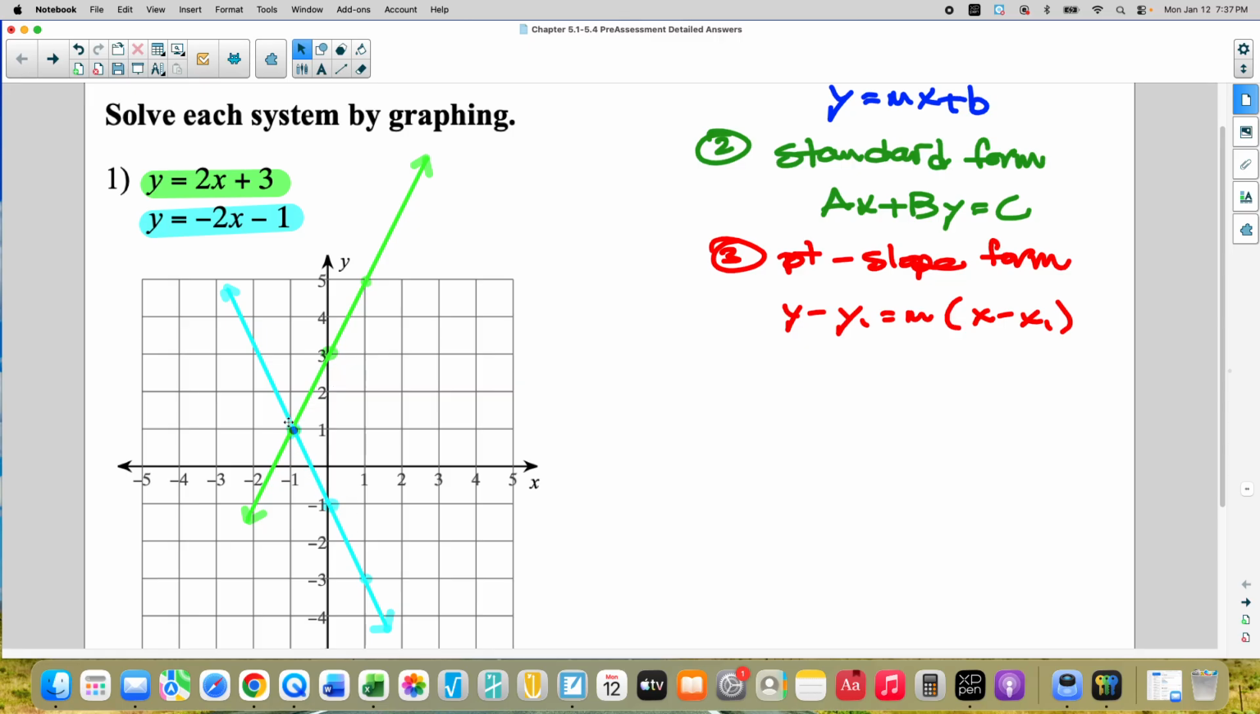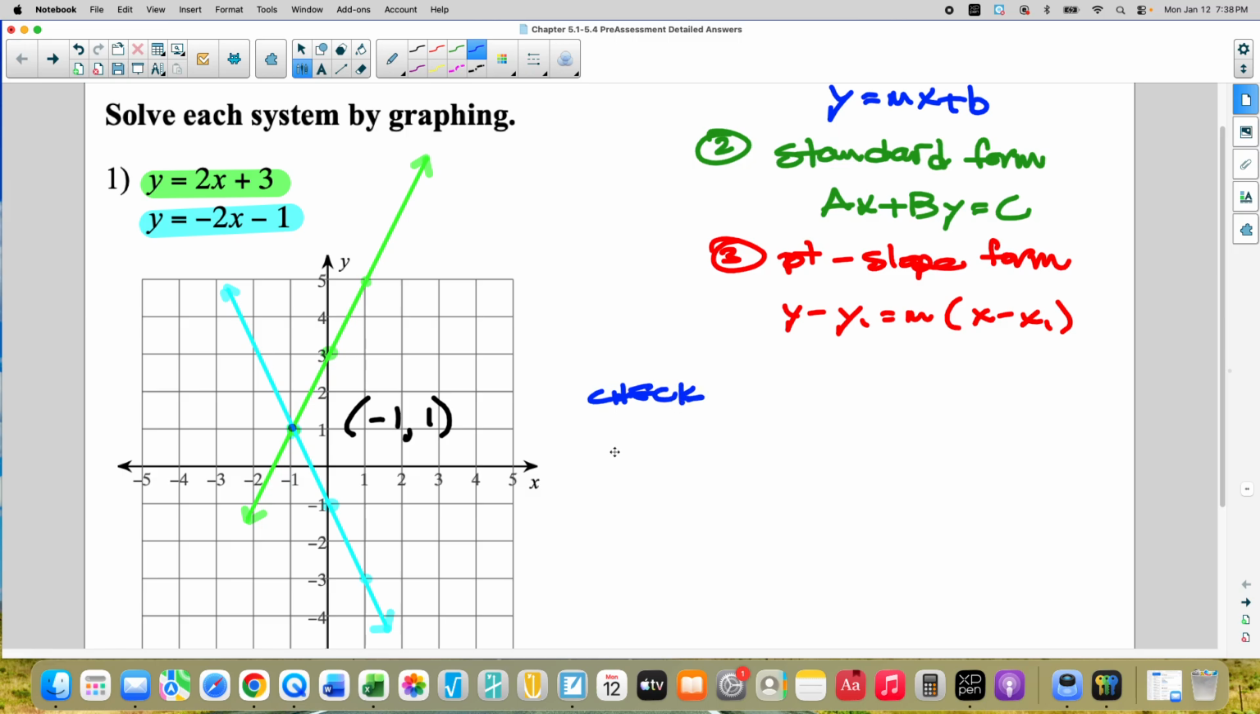So when we move here to this point, it is on the green and the blue, so it shares a solution. So that is the solution to the system. It is the point that is shared by both equations. That's -1, 1. And then if we wanted to check it,